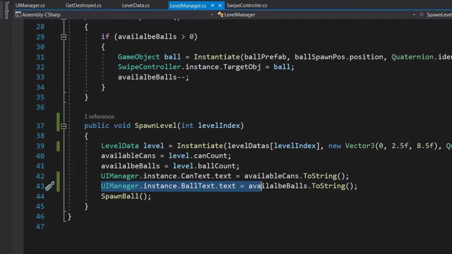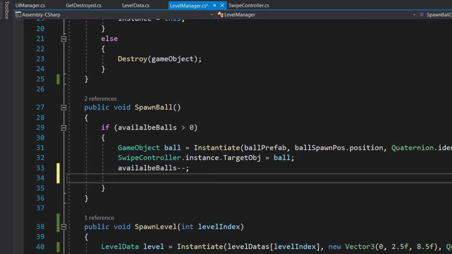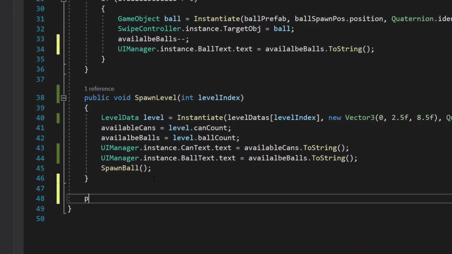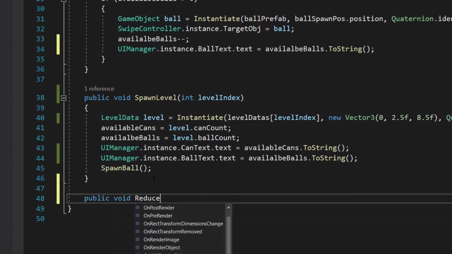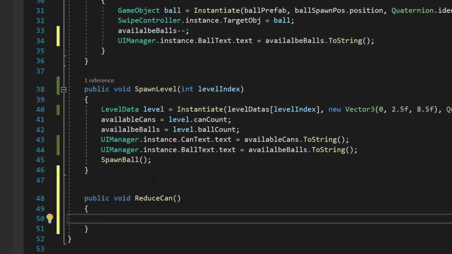Let's copy this ball text and just in our spawn ball paste it here, and we also need a public void ReduceCan method. So we will call this method each time our can gets destroyed.